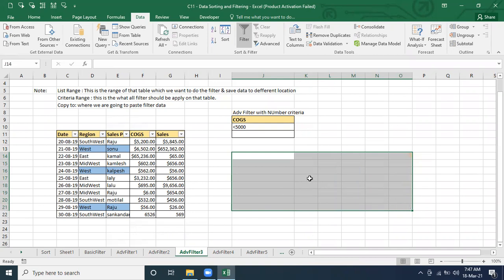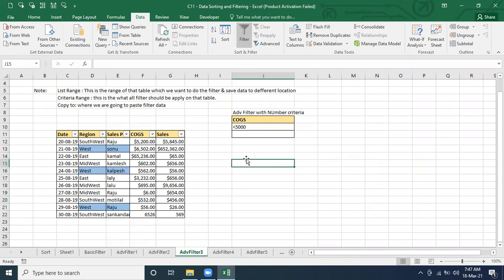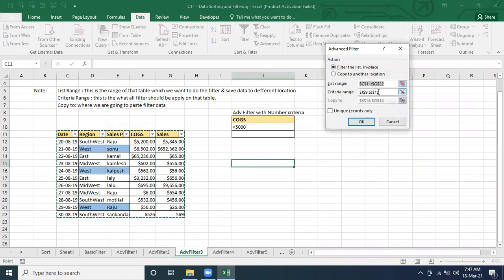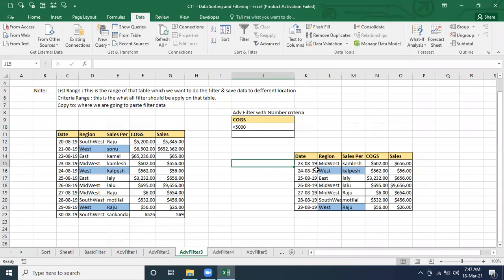Simple: we go to the advanced filter and the criteria, and the criteria is this, less than only, and we output there itself. See, it is giving those records which are less than 5,000. Is it correct or not? Yes, those records which are less than 5,000 are appearing.